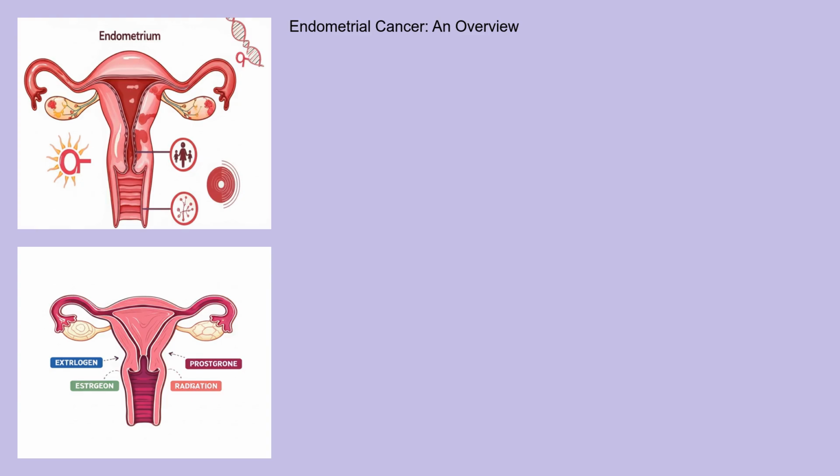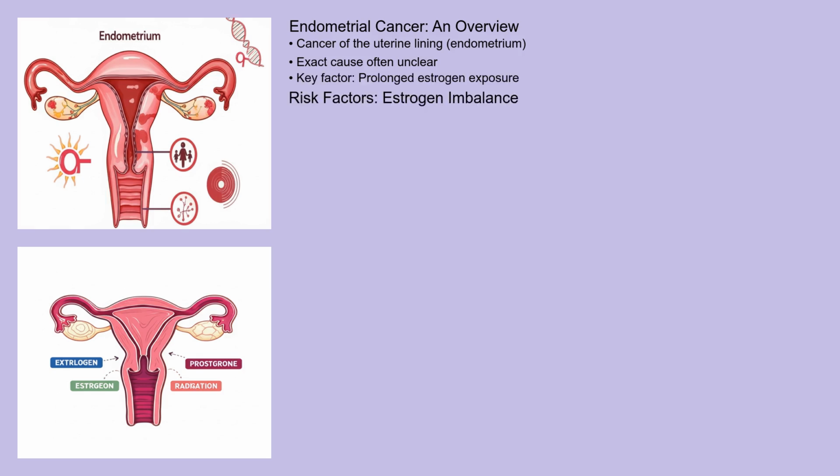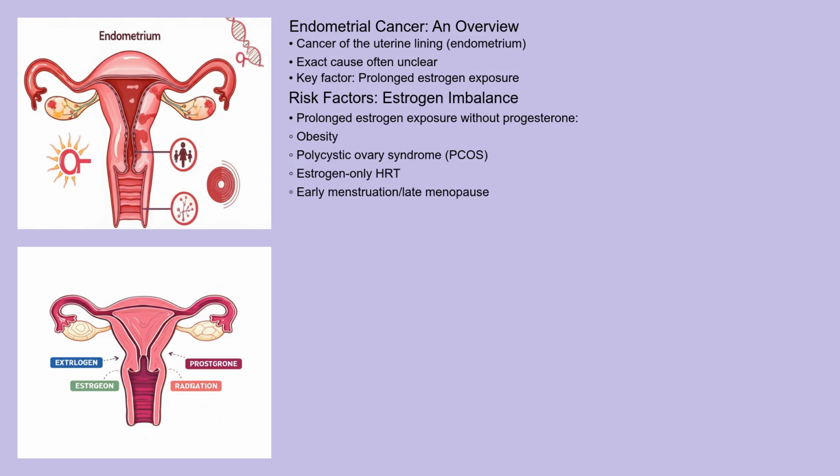Endometrial cancer, put simply, is cancer that begins in the lining of the uterus, known as the endometrium. While the exact cause isn't always clear, a few key factors are strongly linked to its development. The most prominent is prolonged exposure to estrogen without balancing progesterone. This can occur due to conditions like obesity, polycystic ovary syndrome (PCOS), estrogen-only hormone replacement therapy, and early menstruation or